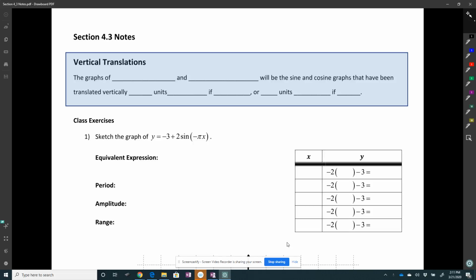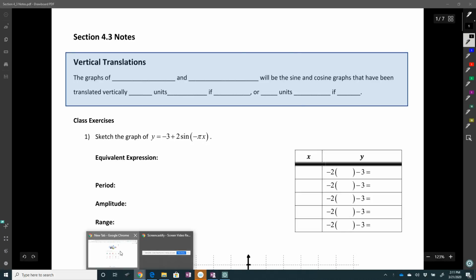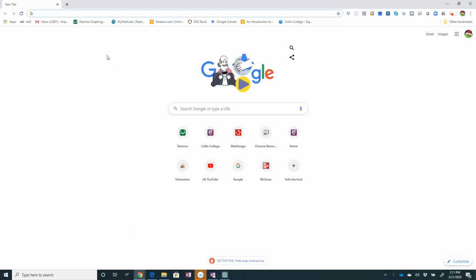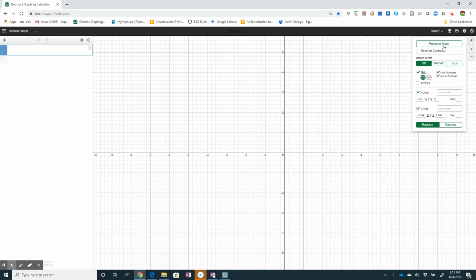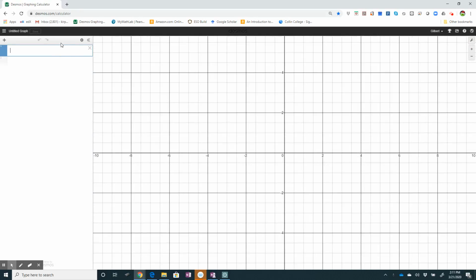Alrighty, next section is 4.3, and this one starts out happy, and then in a bit it's going to get a little eh. So anyway, we're going to start with vertical translations. What a vertical translation is, if I go to Desmos and type in a sine wave,